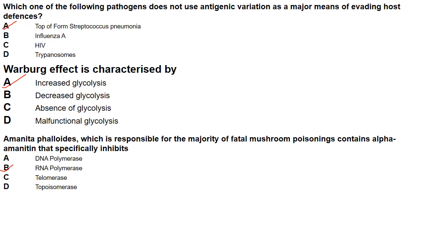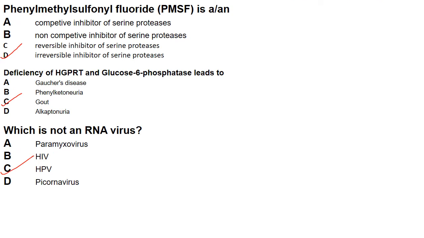Answer is option A. Then Amanita phalloides, which is responsible for the majority of fatal mushroom poisonings, contains alpha amanitin that specifically inhibits RNA polymerase. Answer is option B. Then phenyl methyl sulfonyl fluoride is a